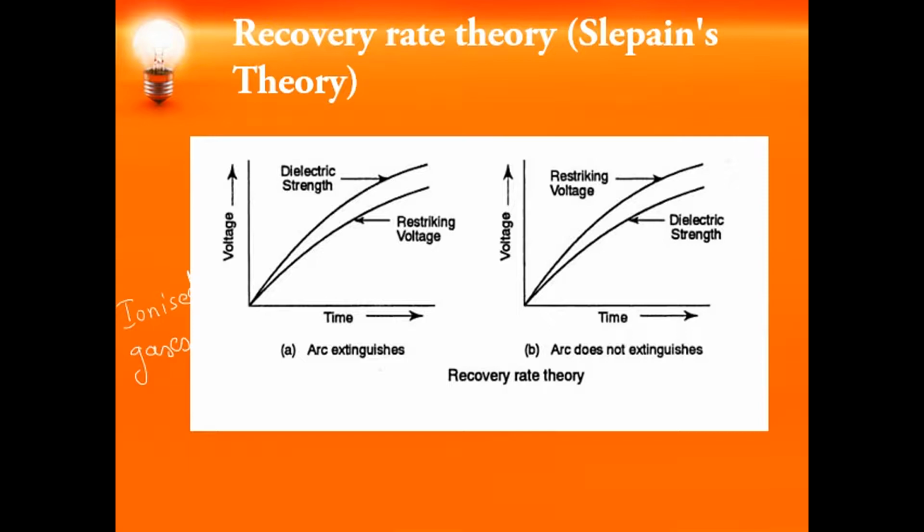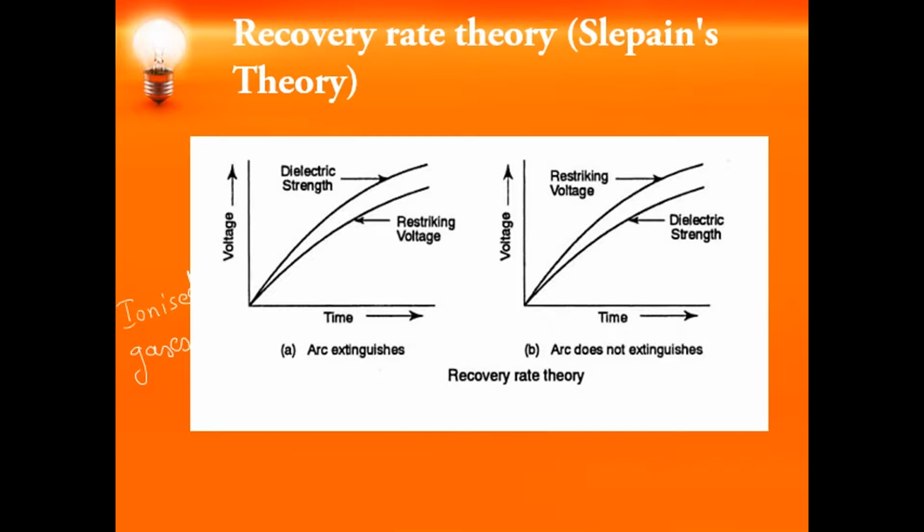Or we can use an insulating medium like a gas or a liquid which will remove the ions and electrons which are present. So the arc is interrupted if these ions and electrons are removed from the gap at a much faster rate compared to the rate of ionization. That is, the rate at which the gap recovers its dielectric strength